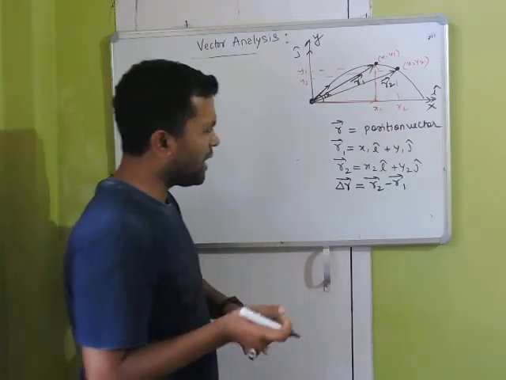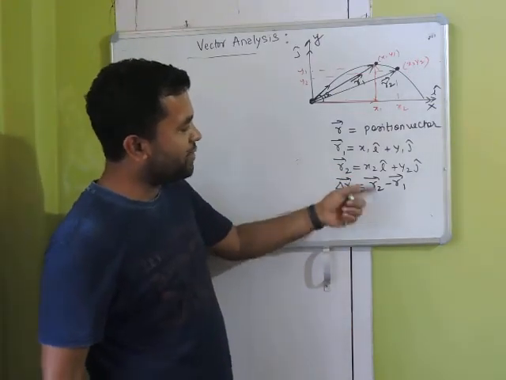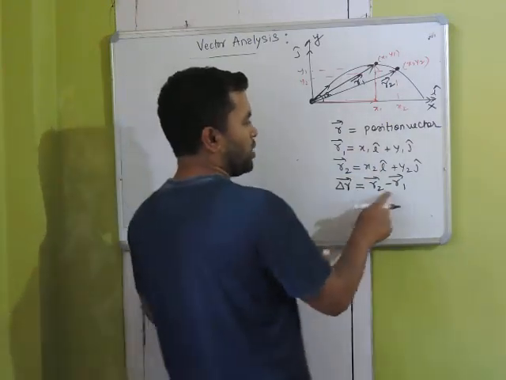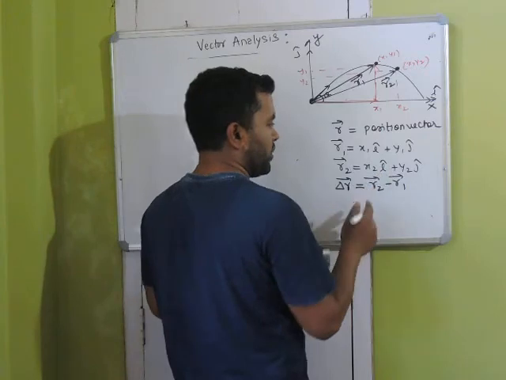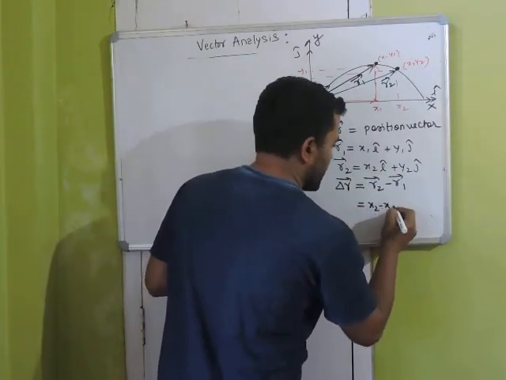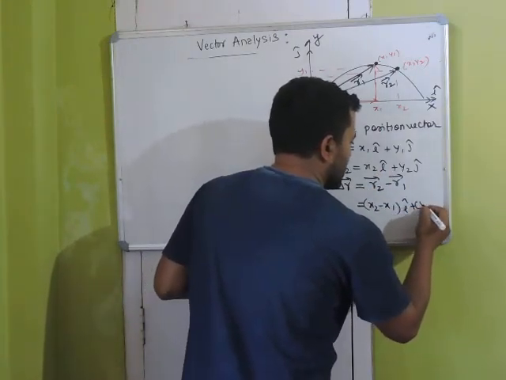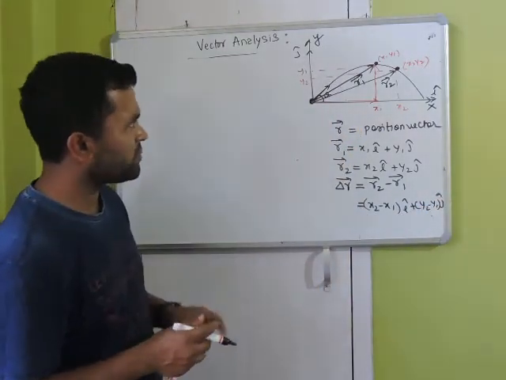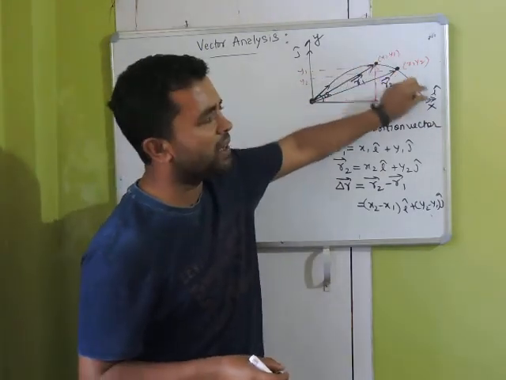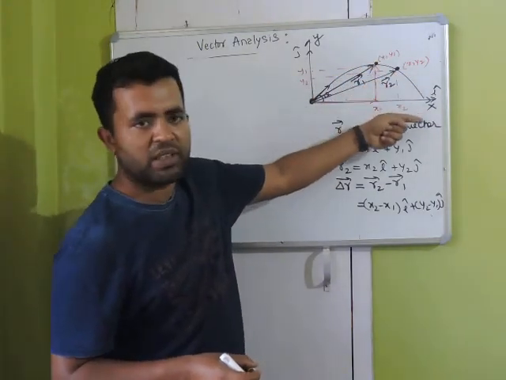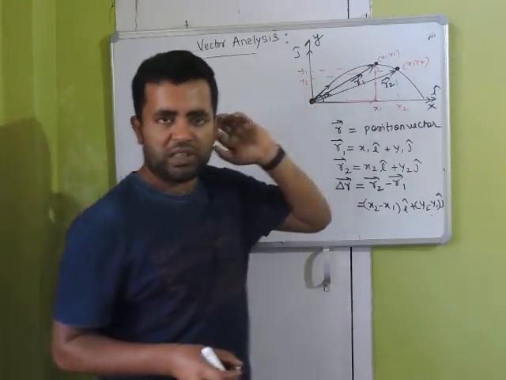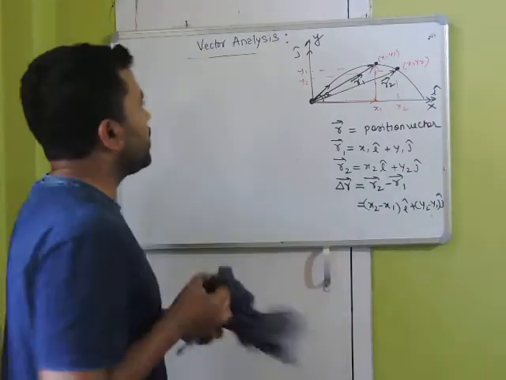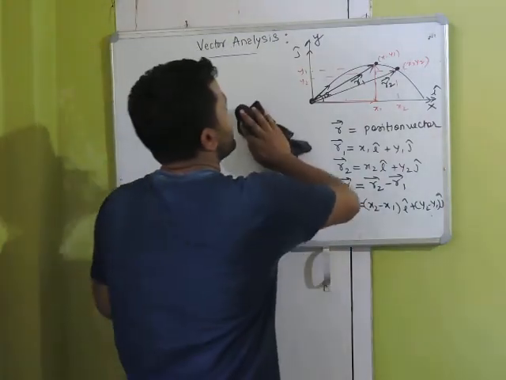This is called the displacement vector. Fine. Now while subtracting or adding vectors, you have to subtract or add the corresponding components. Okay, so r2 minus r1, I will subtract i components, so the answer will be (x2 minus x1) i cap plus (y2 minus y1) j cap. This is the displacement vector. Fine. So as the football moves in space, its position vector keeps on changing. Okay, its direction keeps on changing. Right. Now let us talk about addition of vectors through components.